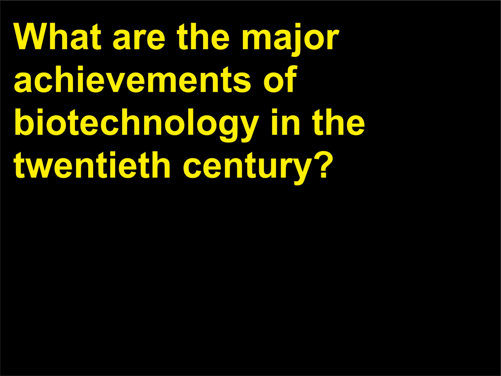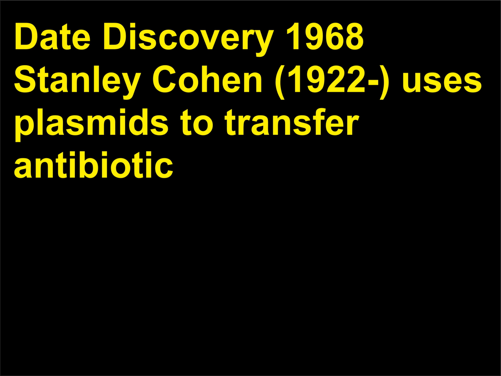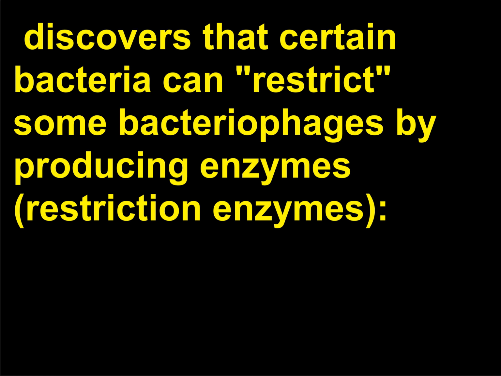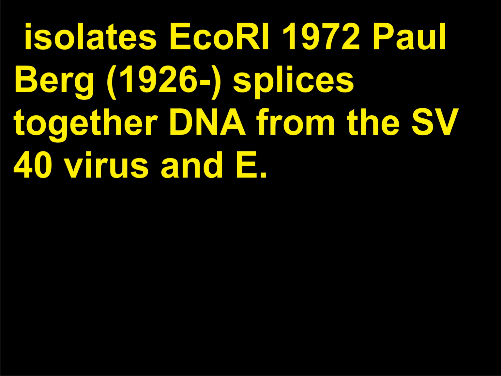What are the major achievements of biotechnology in the 20th century? 1968: Stanley Cohen, 1922, uses plasmids to transfer antibiotic resistance to bacterial cells. 1970: Herb Boyer, 1936, discovers that certain bacteria can restrict some bacteriophages by producing enzymes, restriction enzymes. Isolates EcoRI. 1972: Paul Berg, 1926, splices together DNA from the SV40 virus